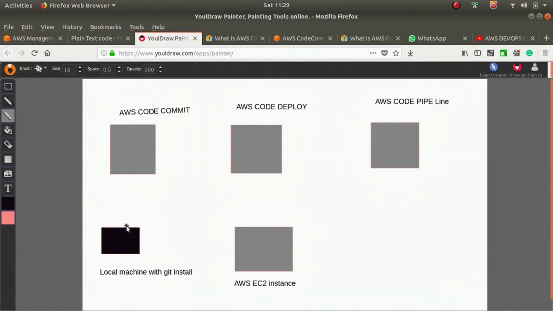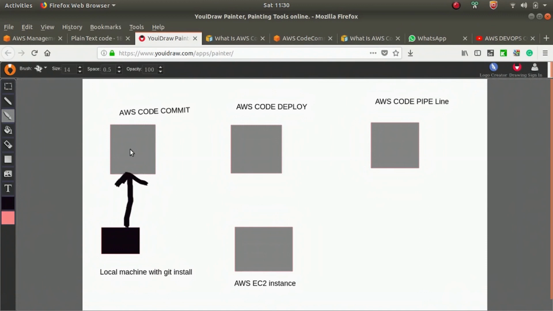From here the developer will create a code in the AWS code repository, AWS code commit. AWS code commit is just a service of AWS to save the codes. The main advantage of AWS code commit is that it's scalable. So the developer creates a repository in code commit and pushes these codes to AWS code commit from the local machine using Git.